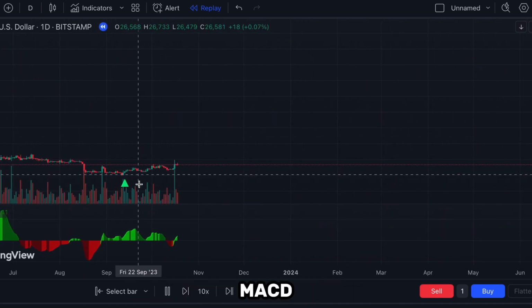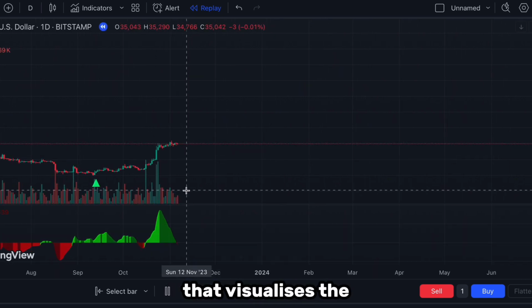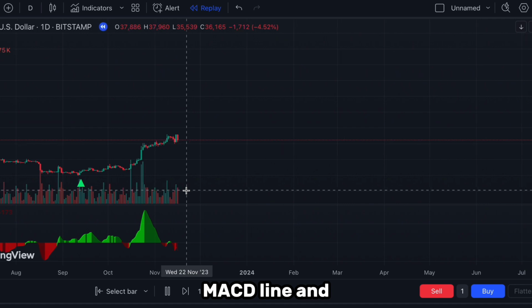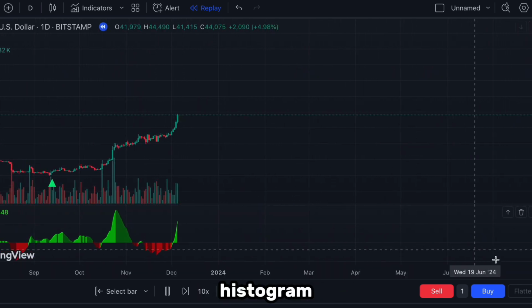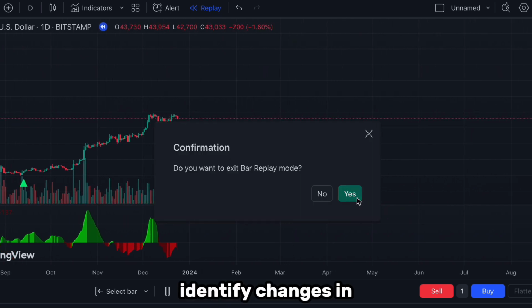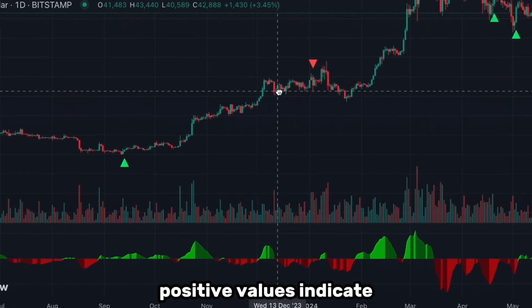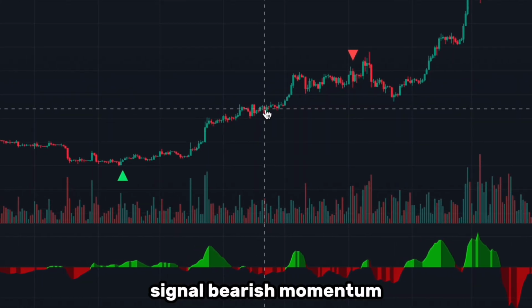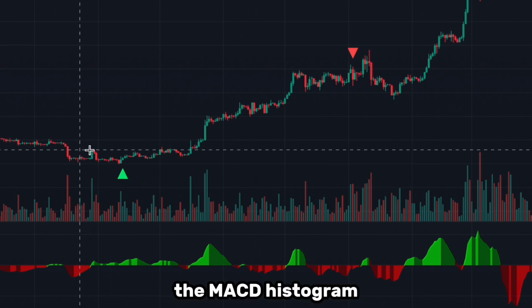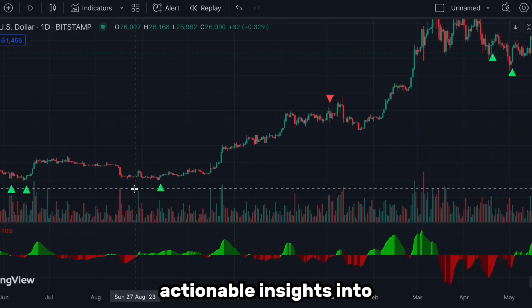profitability. The MACD histogram is a popular TradingView indicator that visualizes the difference between the MACD line and the signal line. By plotting this difference as a histogram, it helps traders identify changes in momentum and potential trend reversals. Positive values indicate bullish momentum, while negative values signal bearish momentum. The MACD histogram is widely used for its simplicity and effectiveness in providing clear, actionable insights into market trends and